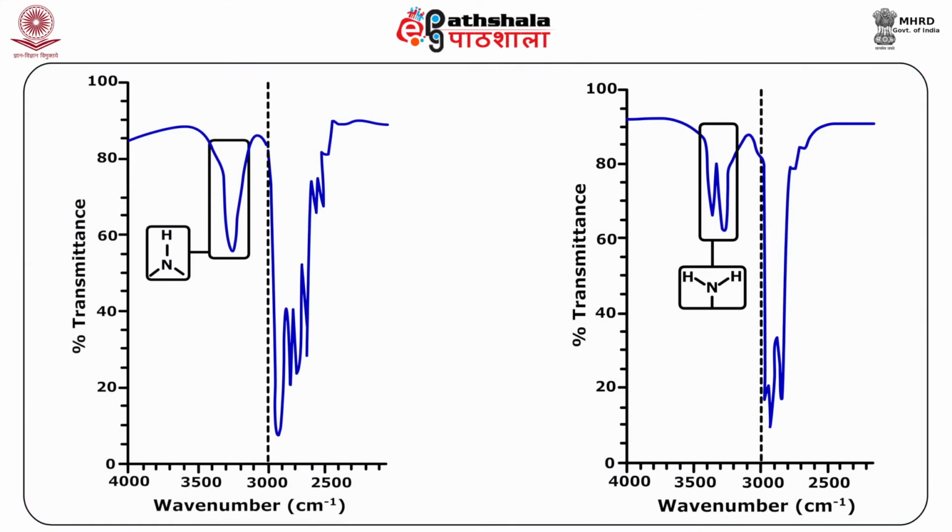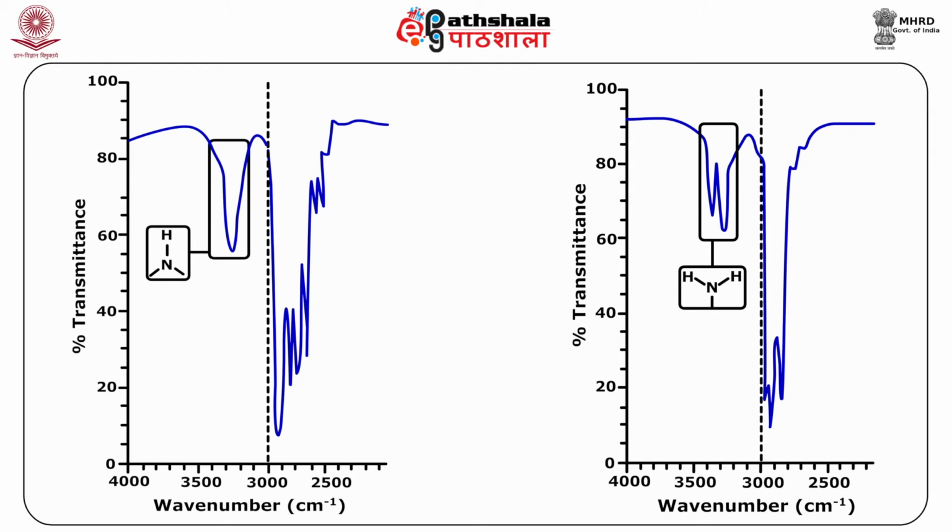Primary amines, that is RNH2, show 2 NH stretching bands in the region of 3500 to 3300 cm⁻¹. Whereas the secondary amines R2NH show only 1 band in that region. Tertiary amines, however, do not have any H attached to the nitrogen atom, thus they do not show